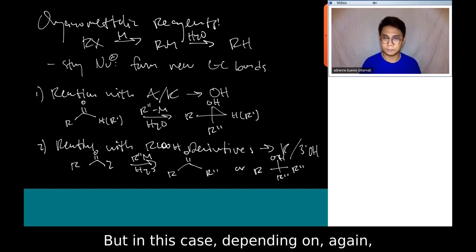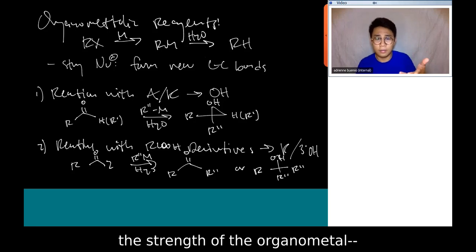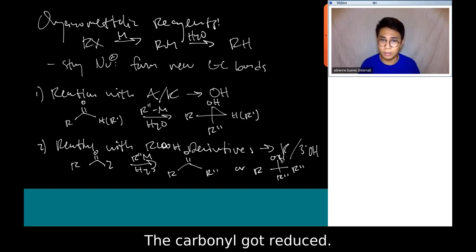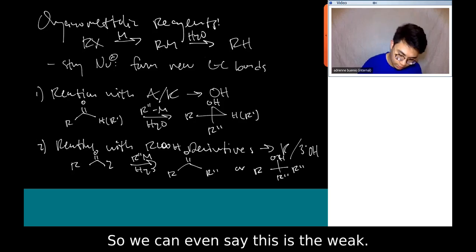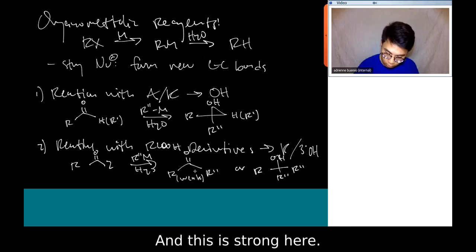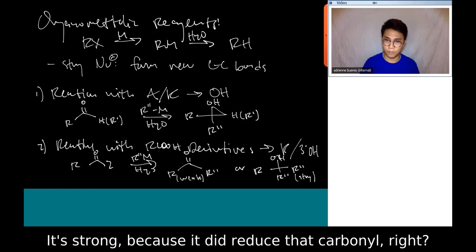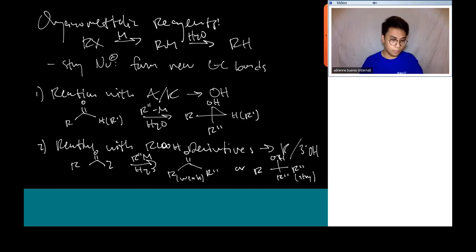But in this case, depending on the strength of the organometal, this means it's strong because this got reduced twice, right? The carbonyl got reduced. So we can even say this is the weak one, and this is strong here, right? Does that make sense? It's weak because it didn't reduce that carbonyl. It's strong because it did reduce that carbonyl, right? So, okay,